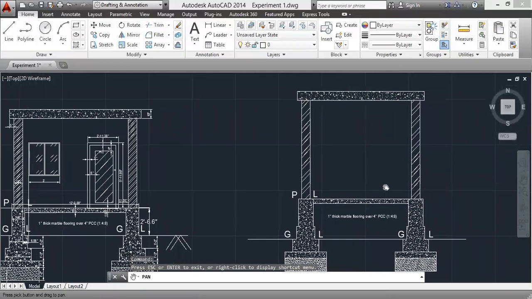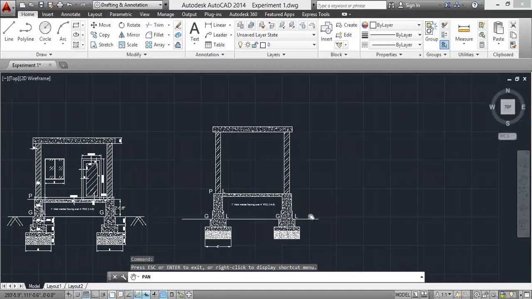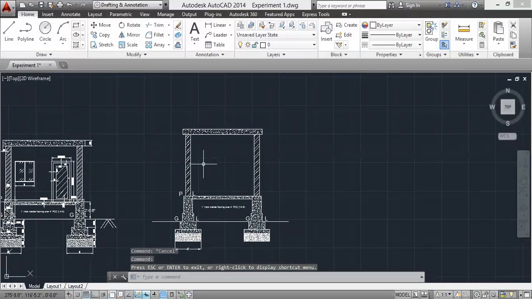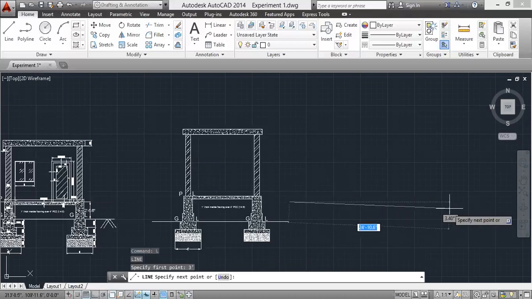Okay, now I'll be drawing the window. I'll be drawing the window outside and I'll be placing it inside the house, right? I have a window of size 3 feet by 3 feet, right? L enter, 3 feet, enter.